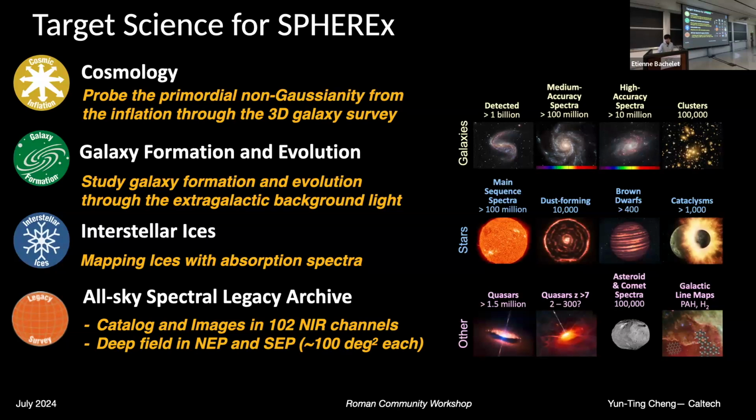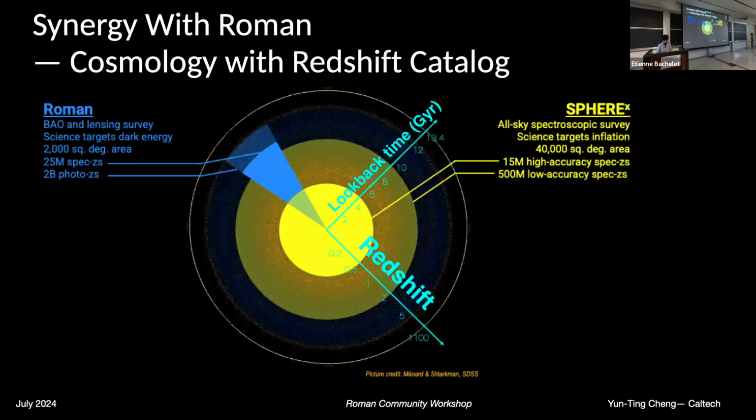Okay, and now I want to take a slightly deeper look at some opportunities in cosmology and galaxy formation evolution, and specifically what SPHEREx and Roman data can possibly do together to give us a better understanding of these topics. First of all, on the cosmology side, SPHEREx is going to use our large galaxy catalog to trace the larger structures. If you look at the galaxy catalog coming from SPHEREx, we'll map the full sky, and then we will measure the redshifts of the sources